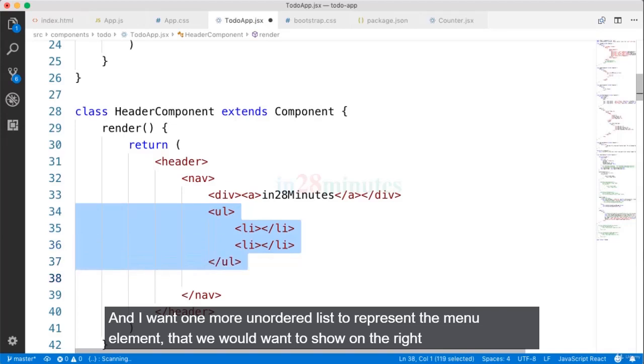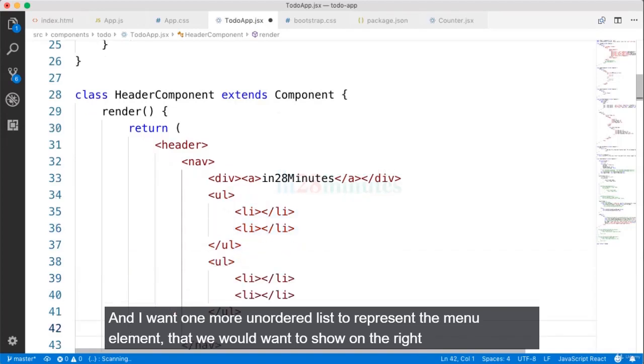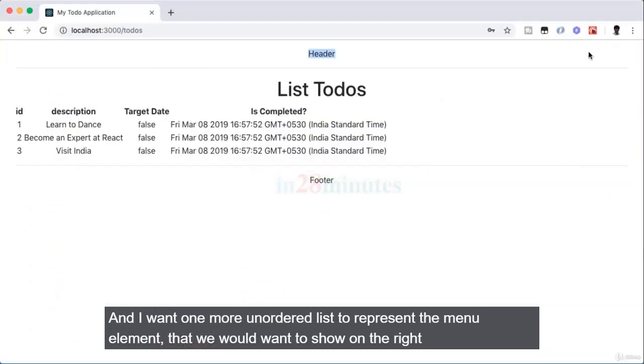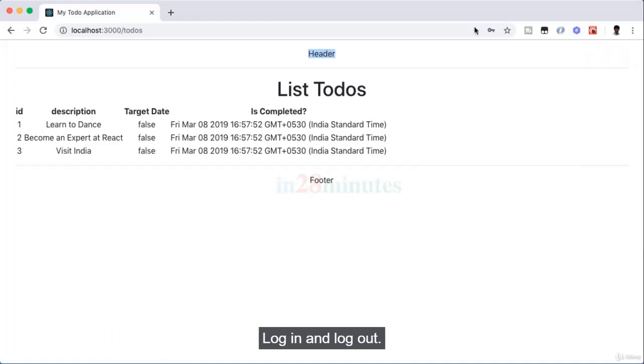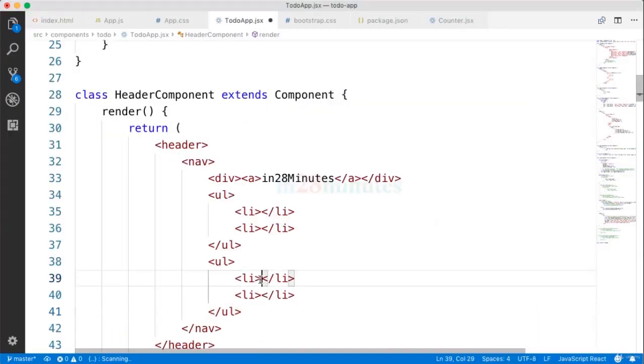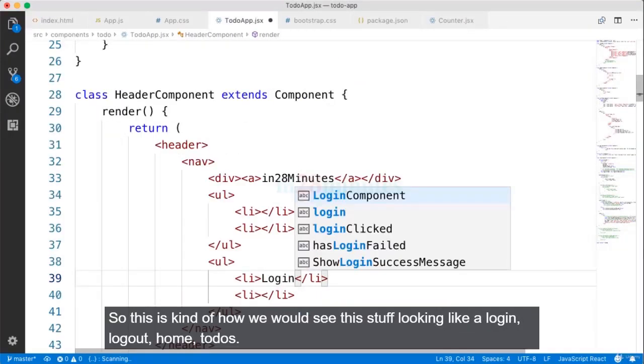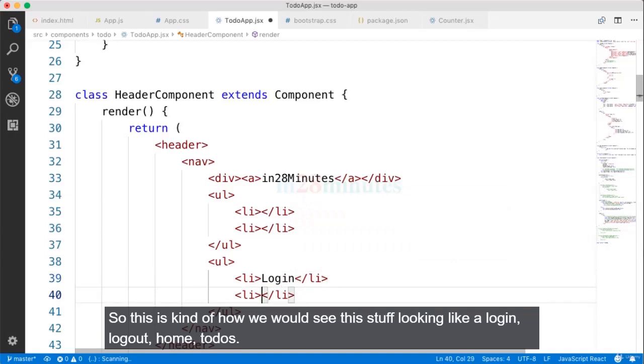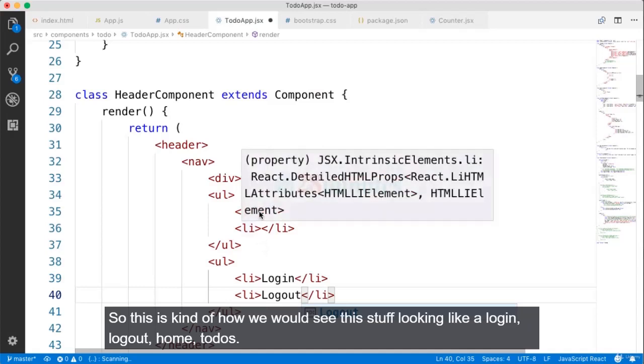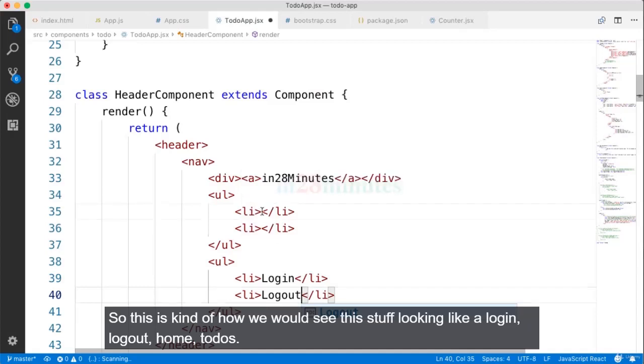And I'll want one more unordered list to represent the menu elements that we would want to show on the right hand side, login and logout. So this is kind of how we would see this looking. So login, logout, home,